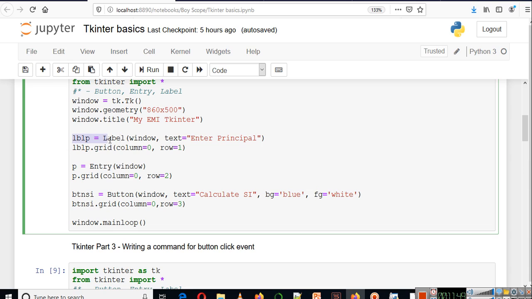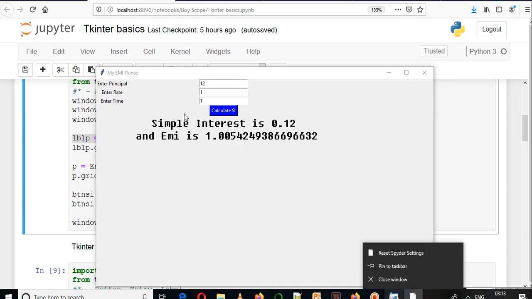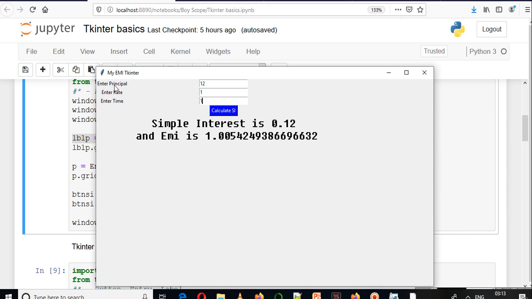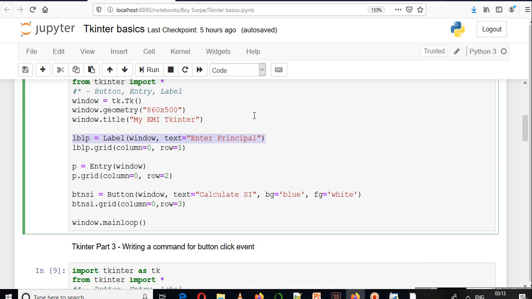Now in this line, first we have to understand this particular line, because we have to create this first variable here, right? Enter principal. To create this first label, we have to use a function called Label, and inside that Label function there will be two arguments.